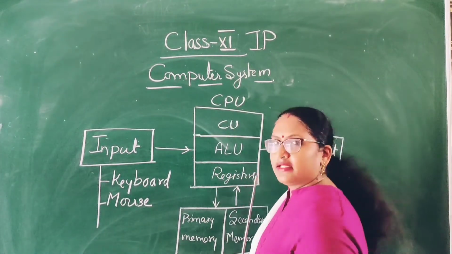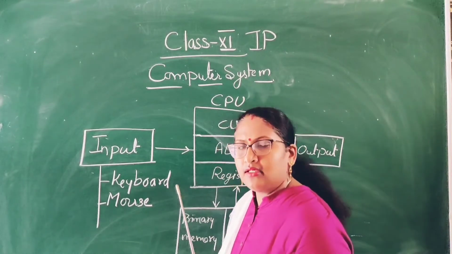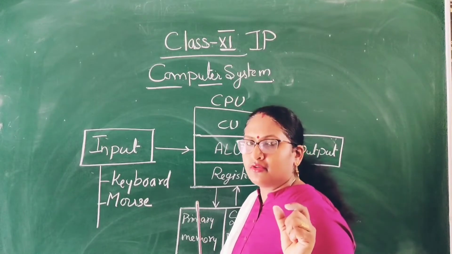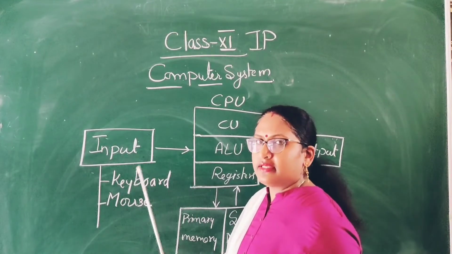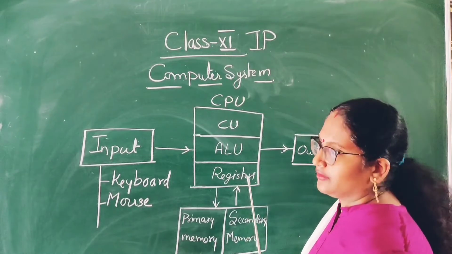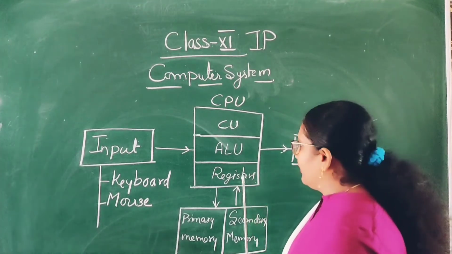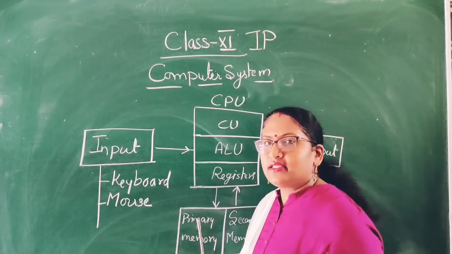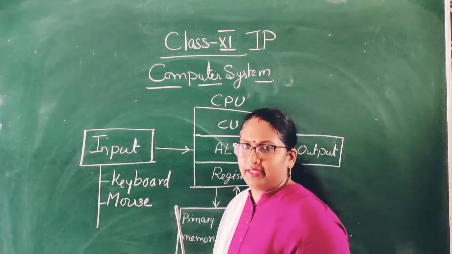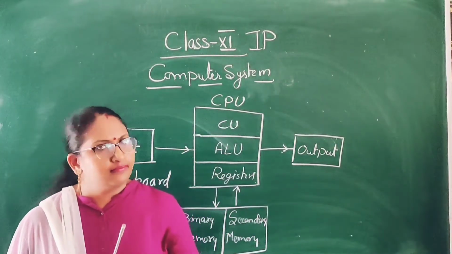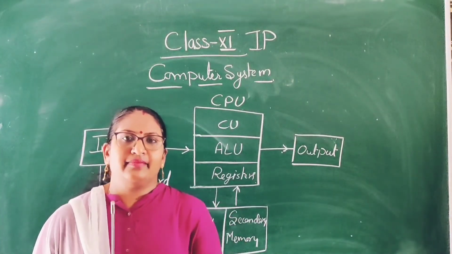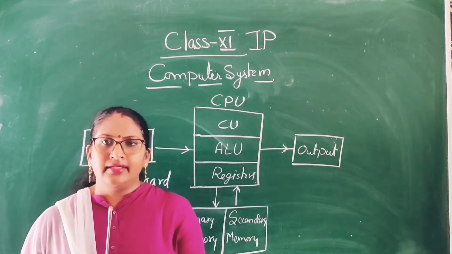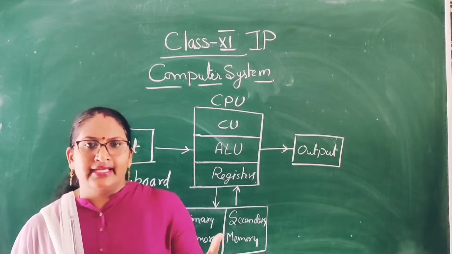So this is being done in the arithmetic logic unit. Whatever calculations you are giving the computer from the input device are done in the arithmetic logic unit. Then registers. What are registers? Registers are a type of memory which stores data at a very high speed. It keeps all your data, and whatever data you want, it can access through that.